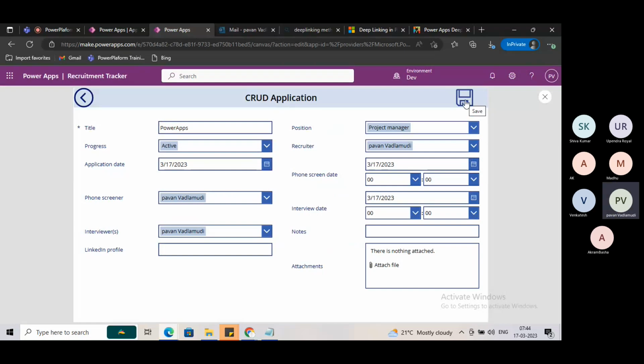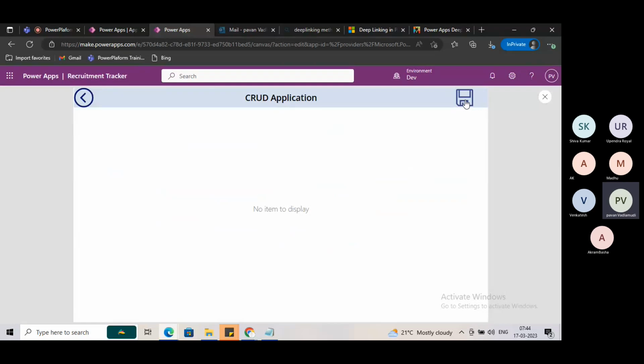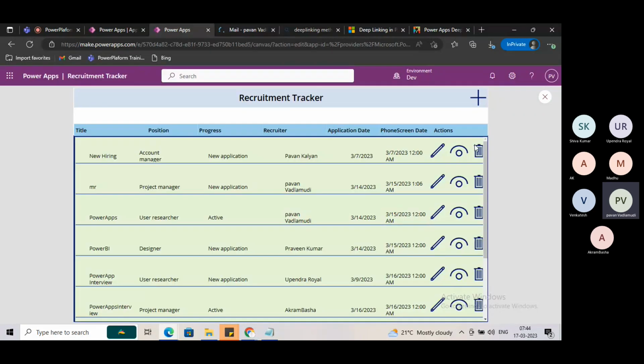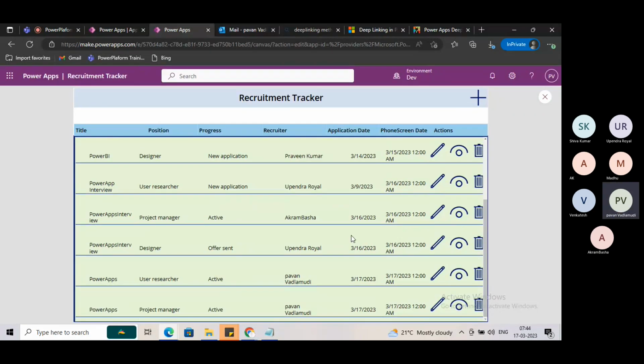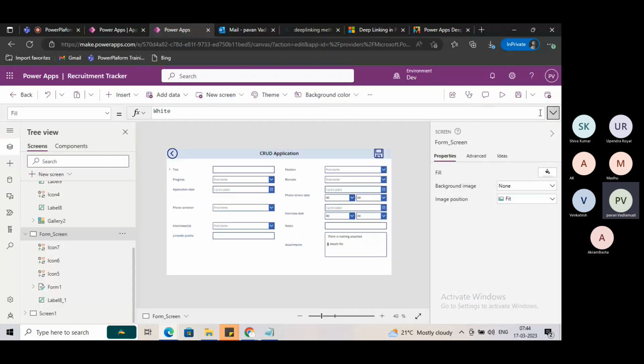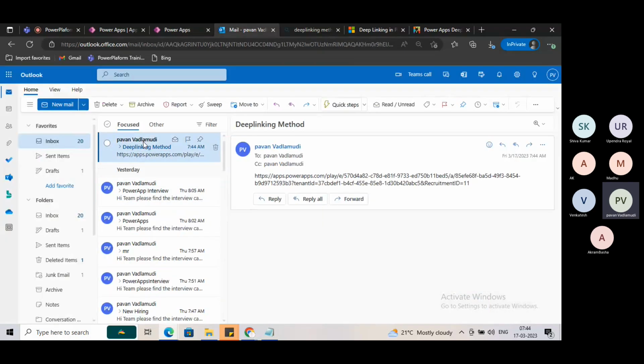Click on save. I think the item is created. I will check the mail. See, I have received the mail